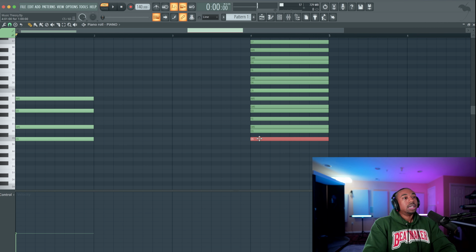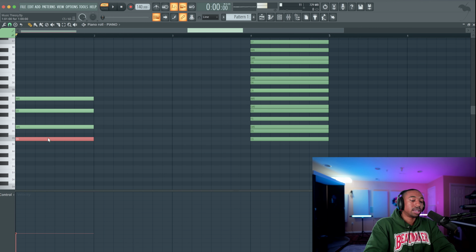Now, where the nomenclature comes from is, again, if you talk about scale degrees, which is a Roman numeral system, we're starting at C. That's the first. Then the second note in the scale is the second, third, fourth, fifth, sixth, seventh, eighth, ninth. So the way I name these chords is based on how far of a chord extension I'm doing. For example, B flat in this case is the first, second, third, fourth, fifth, sixth, seventh. So I'm adding that seventh on top of what's called that minor triad.